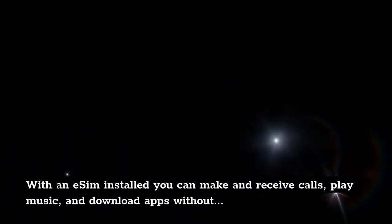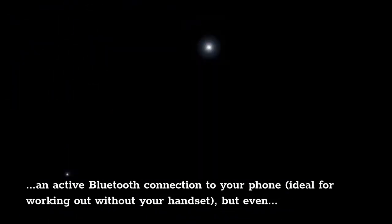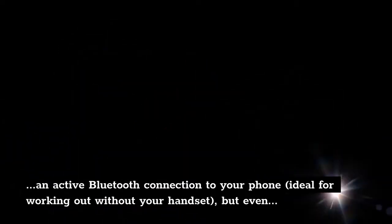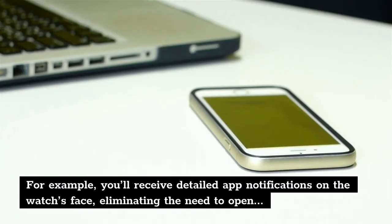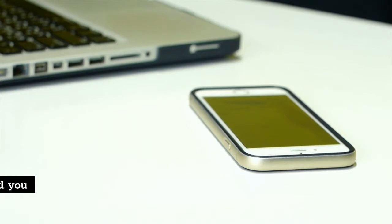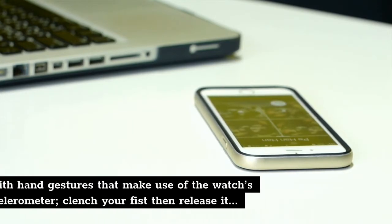With an eSIM installed, you can make and receive calls, play music, and download apps without an active Bluetooth connection to your phone, ideal for working out without your handset. But even without that, there's a lot to appreciate, especially when it comes to time saving. For example, you'll receive detailed app notifications on the watch's face, eliminating the need to open the relevant app on your phone in many cases, and you can accept or mute calls with hand gestures that make use of the